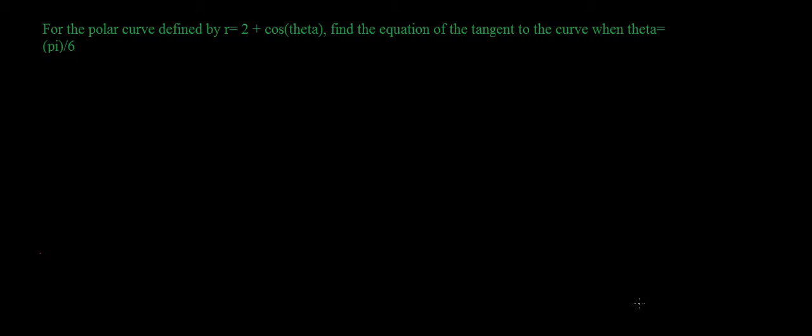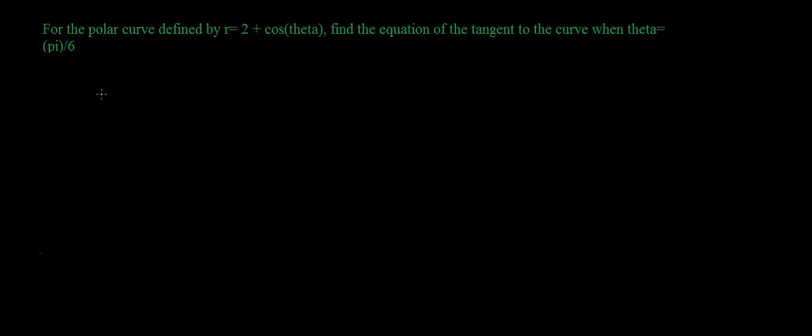Okay, so we have this problem. We're asked for the polar curve defined by r equals 2 plus cosine theta, find the equation of the tangent line to the curve when theta is equal to pi over 6. So in order to approach this problem, we know that